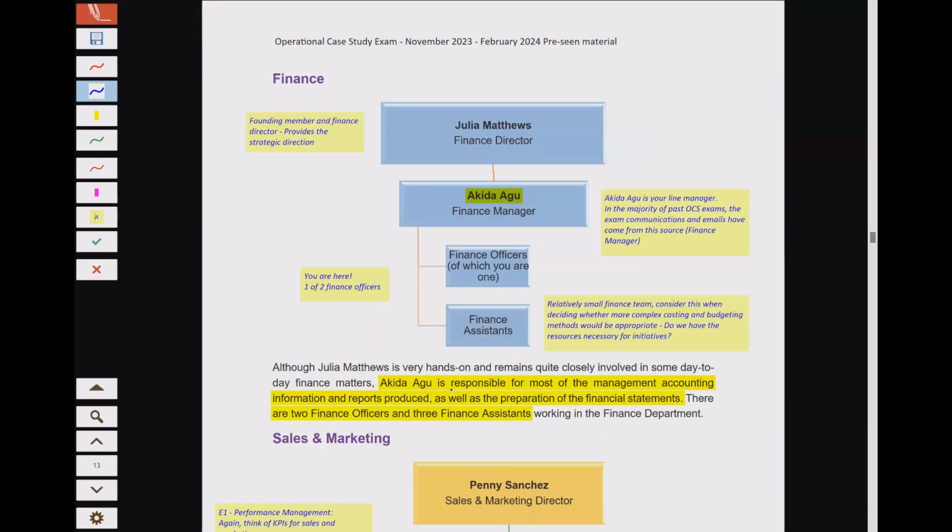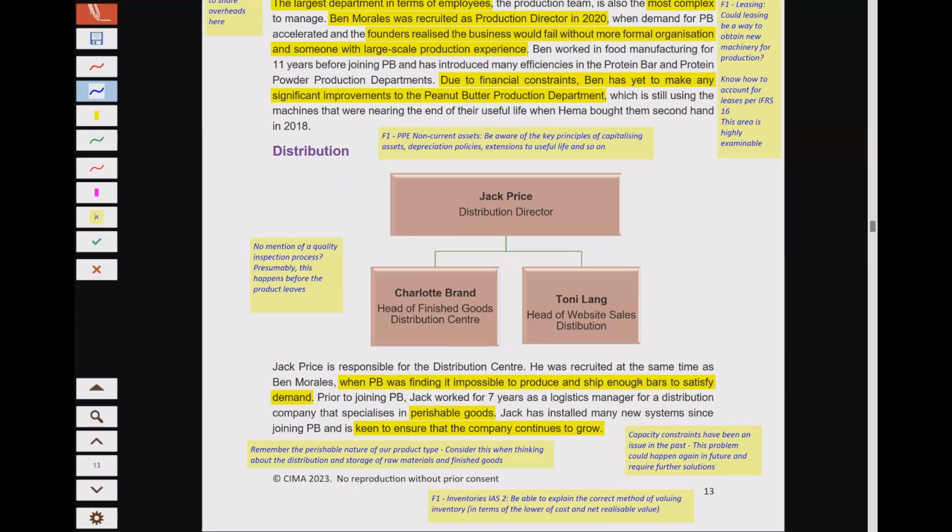We're told here that it was impossible to produce and ship enough bars to satisfy demand. So that tells me they have had problems with capacity in the past. But usually, remember, sales demand is your limiting factor. You make as many as you can sell. But if you're short of materials or machine hours or something like that, then that can be a limiting factor, can't it? Or if you're short of more than one factor, you're short of two types of materials, or you're short of skilled labor and, I don't know, peanuts or whatever, more than one constraint, then you need a linear